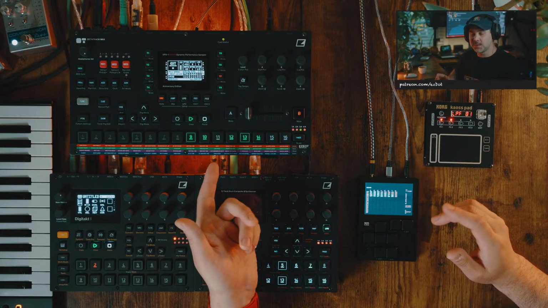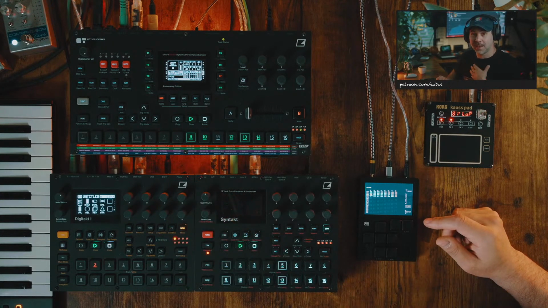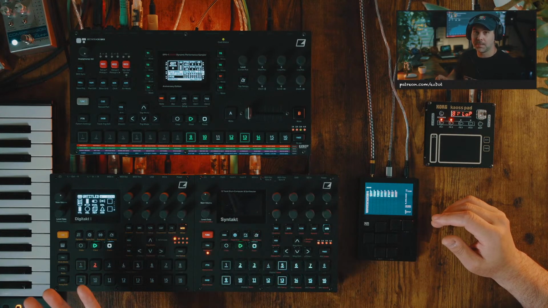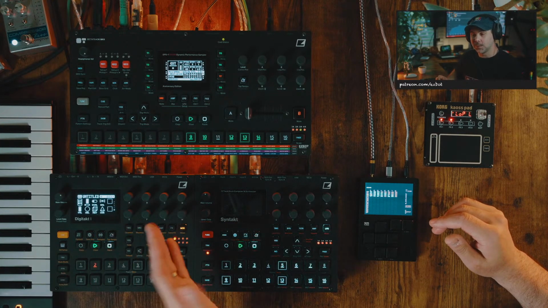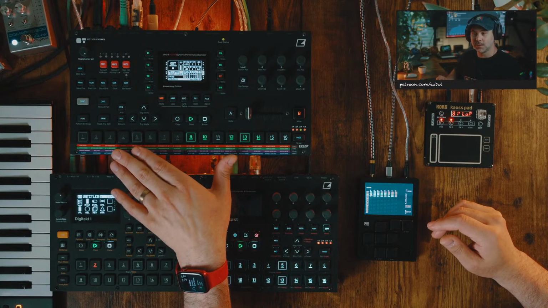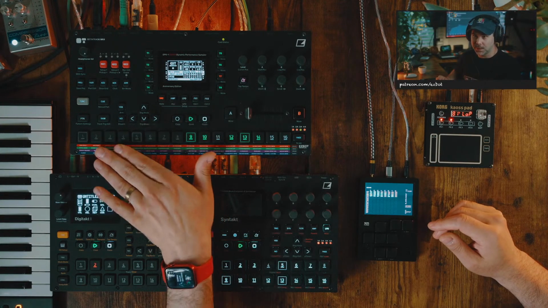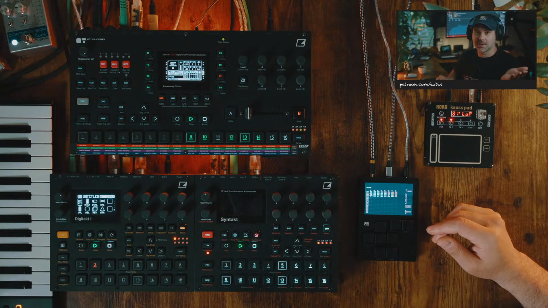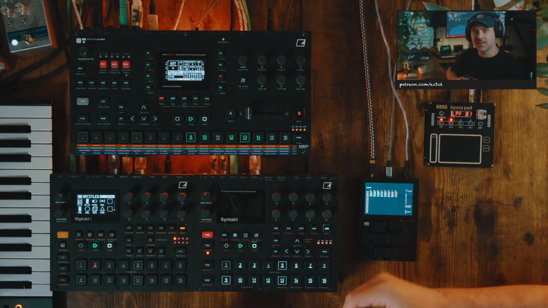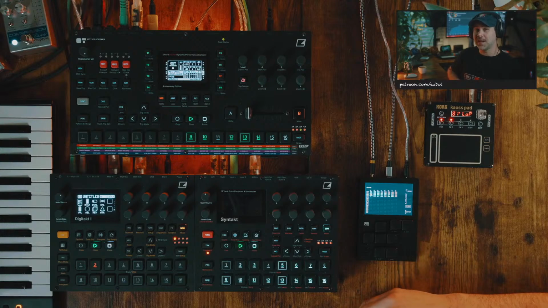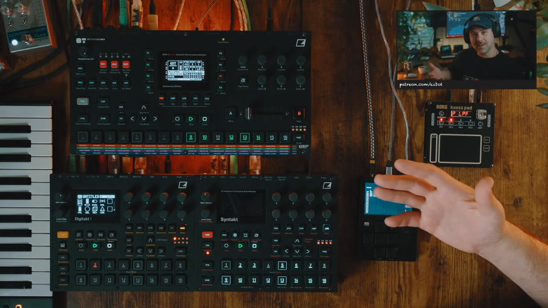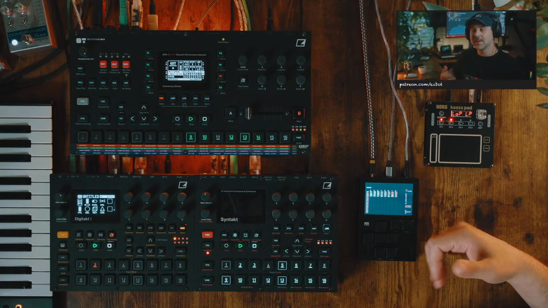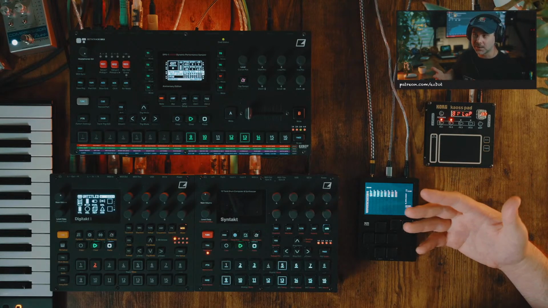anywhere. I think the closest delay to it that I have experience with outside of a computer is the Mimeophone by Make Noise. The Make Noise Mimeophone can do the same stuff that I'm able to do with my Octatrack freeze delay. You can do beat repeats. You can use it to make build-up effects. If I wanted, I can patch up my modular to do similar stuff that I can do with the Octatrack. It would take me forever, and it would be impermanent because every time I want to do a different patch, I have to undo that process. So not as effective and a bit more expensive,